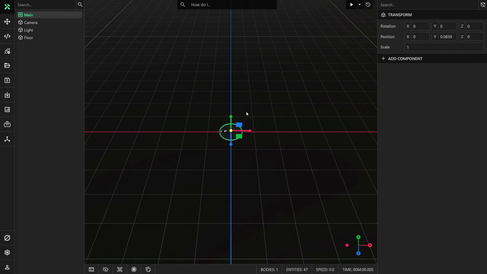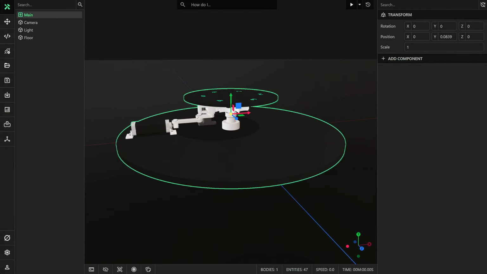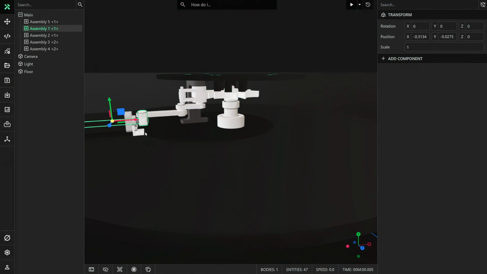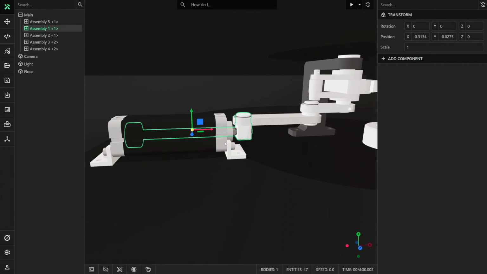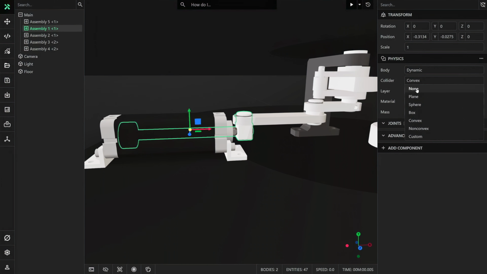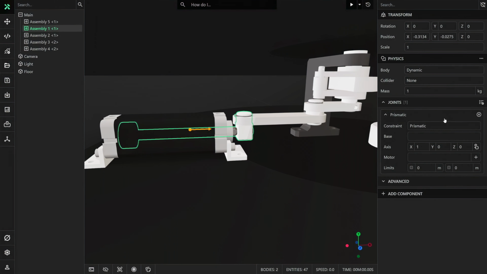After the CAD has been successfully imported, we can begin to add behavior to parts. I'll first hover over the part I want to select, then Control right-click and select Assembly 1. I'll now add a physics component to this entity and set the collider to None, since we're not interested in modeling collisions. I'll then add a joint, leave the constraint as Prismatic, and select the axis of motion by hovering over a feature of the mesh. Next, I'll add joint limits. I'll first enable the lower limit and leave its value as 0, then enable the upper limit and set its